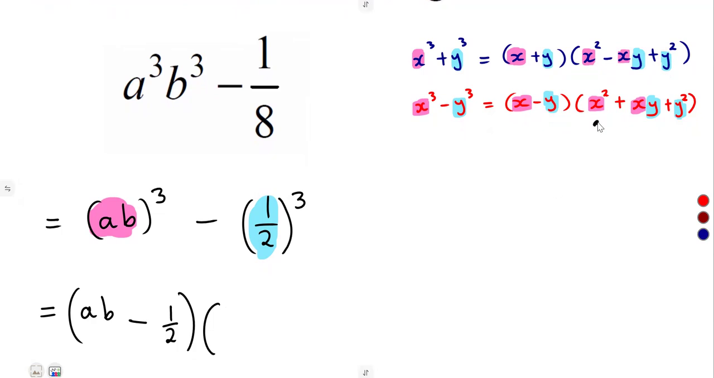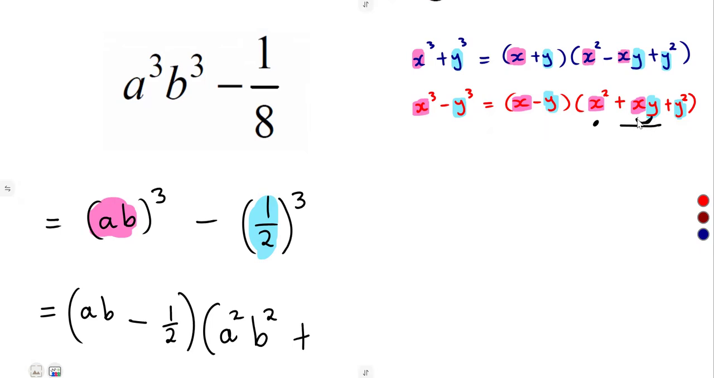First term squared. What is your first term? AB. So it's first term squared. Take note, you must square it. So squaring this, it means A and B will be raised to the exponent of what? Of 2. So it's A squared B squared. So we have got our first term squared plus